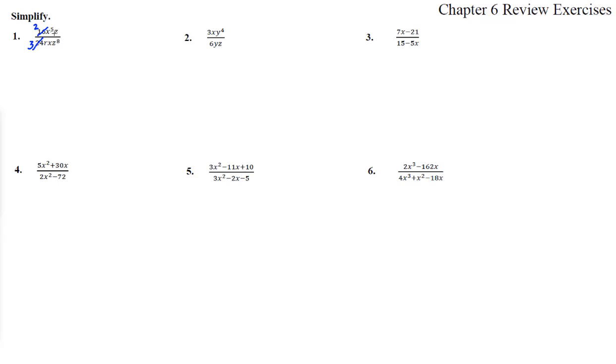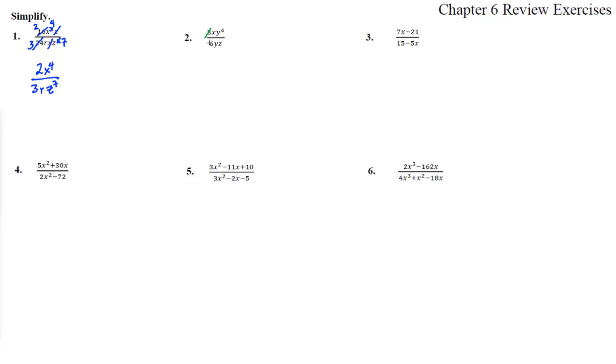The x to the fifth, let me see, a z will cancel with one of those and leave a z to the 7. And an x to the fifth, that will cancel with one of those and leave an x to the fourth. So we have 2x to the fourth over 3 z to the 7th. Number 2,